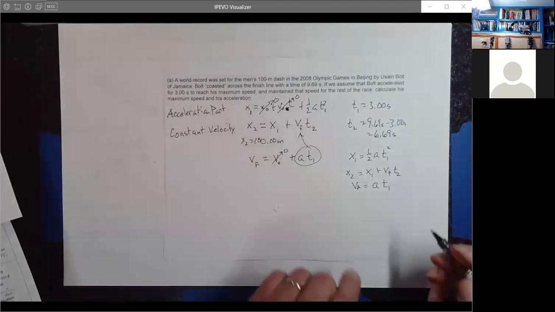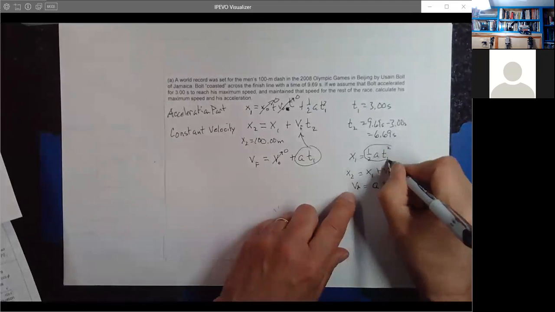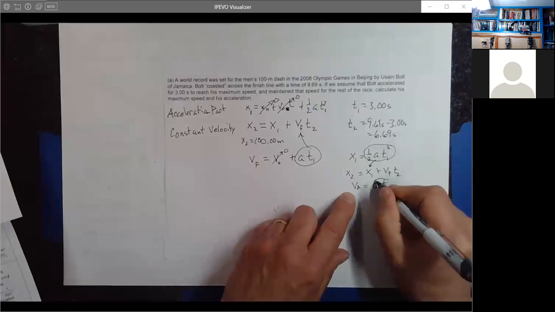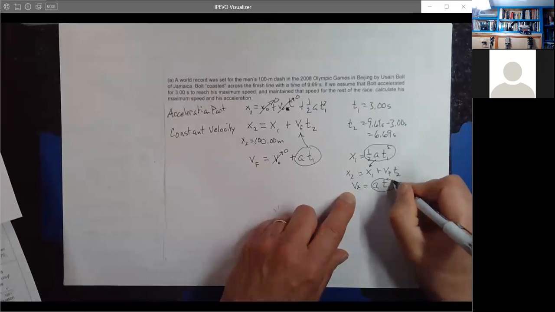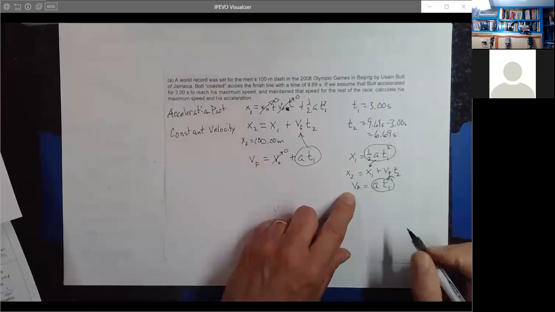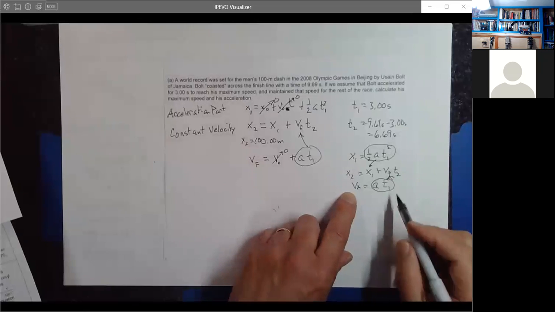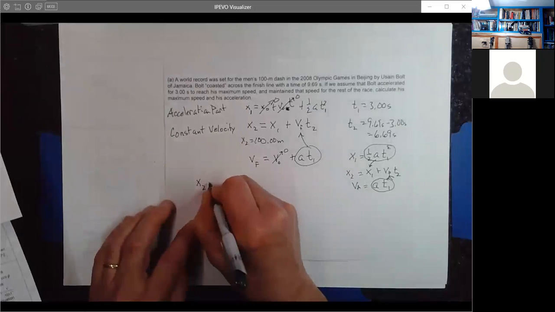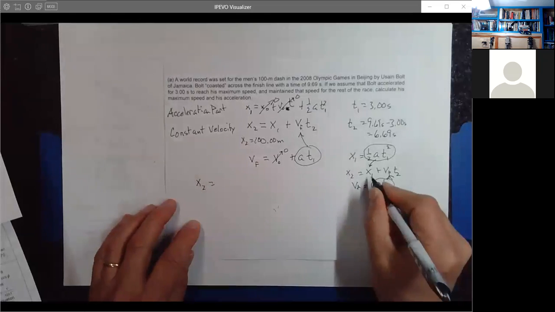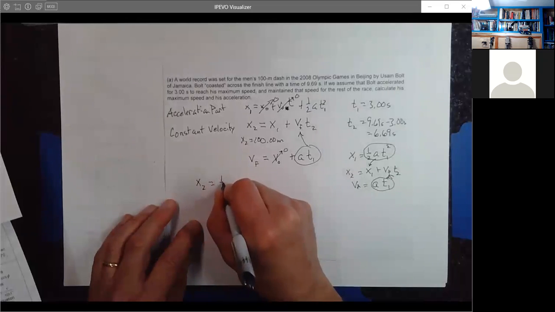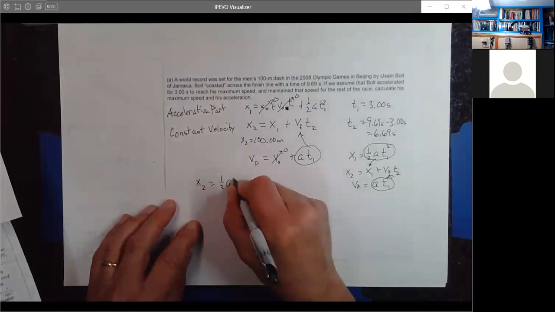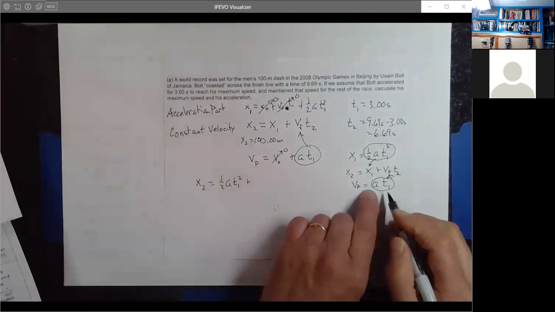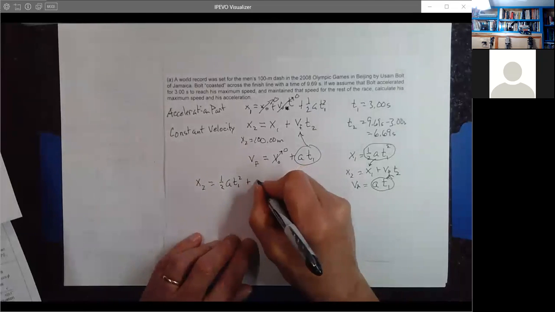Okay, so if I take this and plug it in there, and this and plug it in there, let's see what I get. I'll get that x2 is equal to x1, which is 1/2 at1 squared, plus v final, which is at1